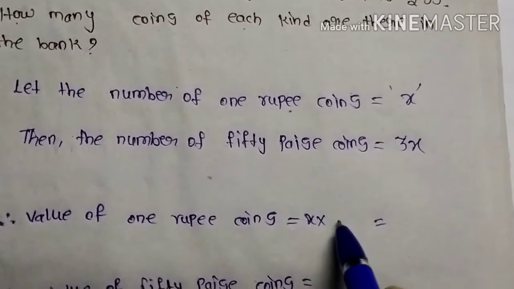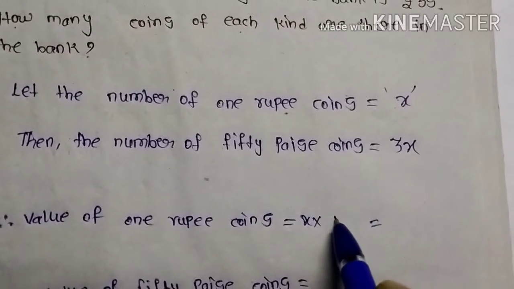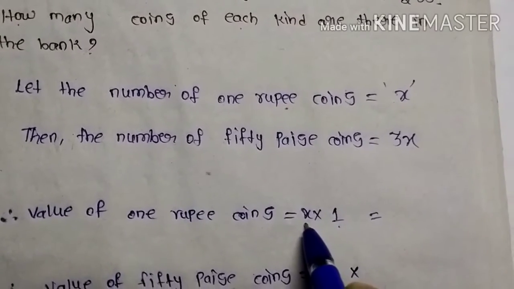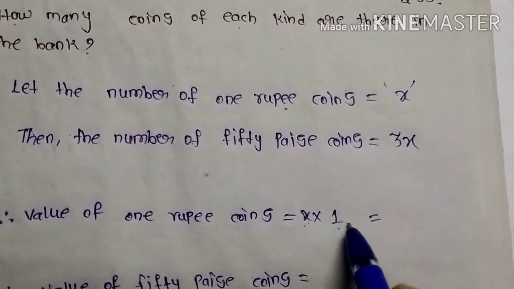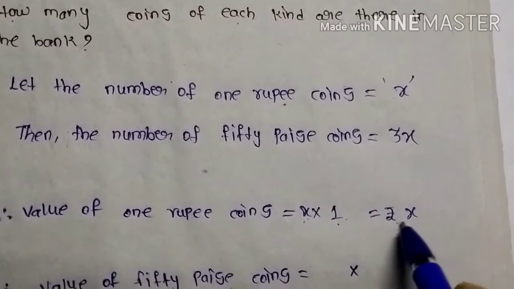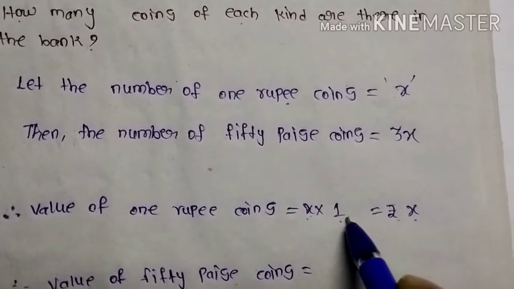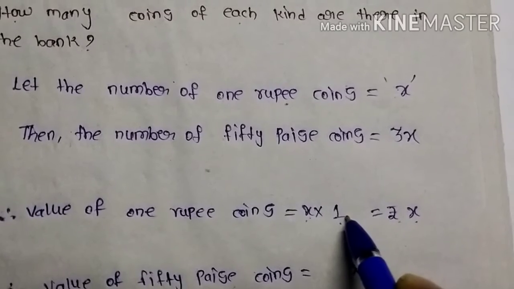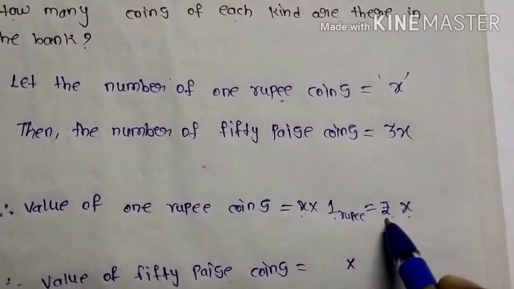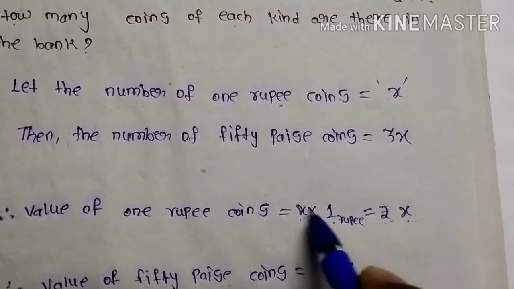You have how many here? Only one. Sorry. The denomination is 1 rupee coin. The total number of coins is x. So you get x into 1, how much? X only. But you can represent it here as rupees x. Why? Because it is already 1 rupee. Yes or no? It is 1 rupee. So I have written the rupee symbol into x. 1 into x is how much?